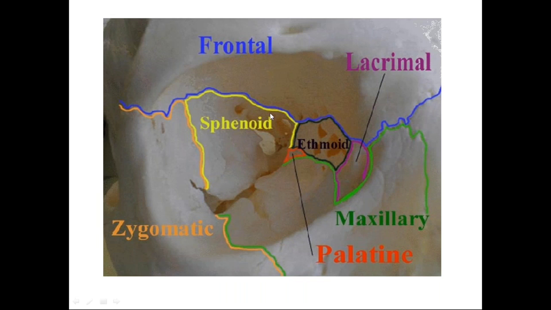Now this is another diagram showing the bony surfaces. This is medial wall of the orbit. This is roof of the orbit, floor formed by the maxillary bone and zygomatic bone, and this is lateral wall. Now this is your sphenoid bone. This is comma-shaped superior orbital fissure. This is circular optic canal, and this is inferior orbital fissure.